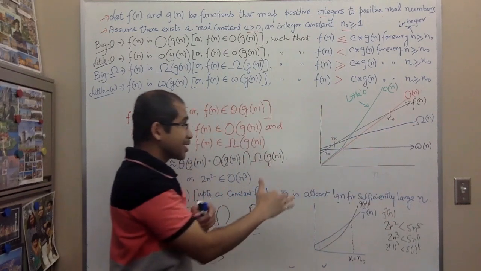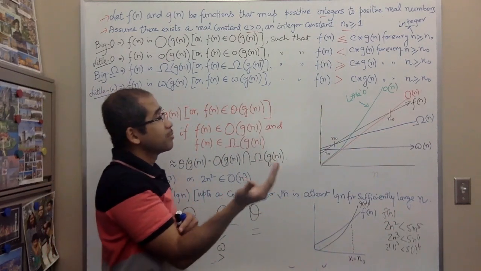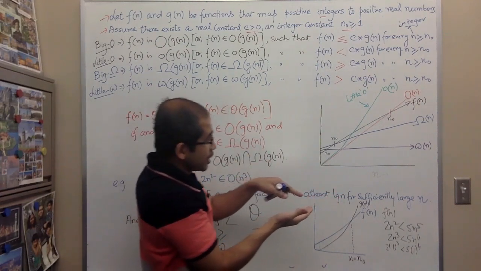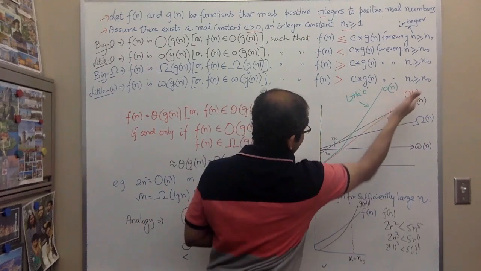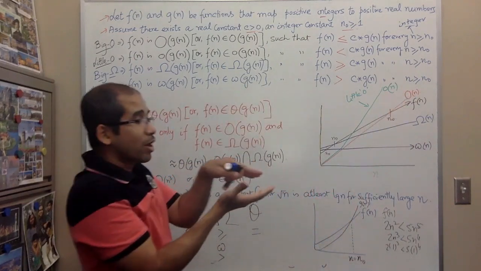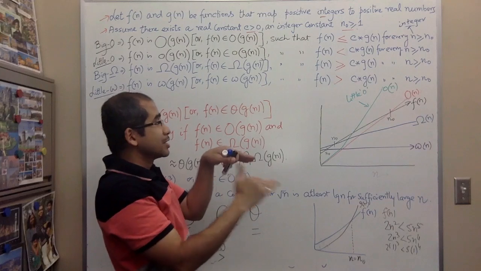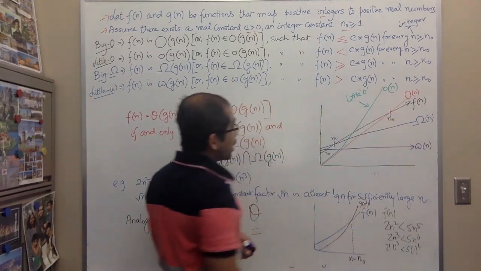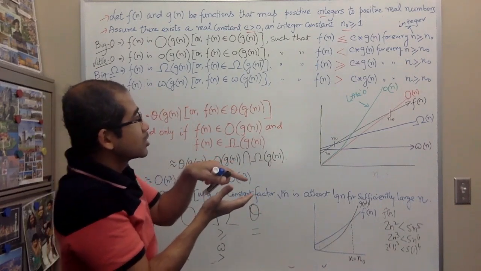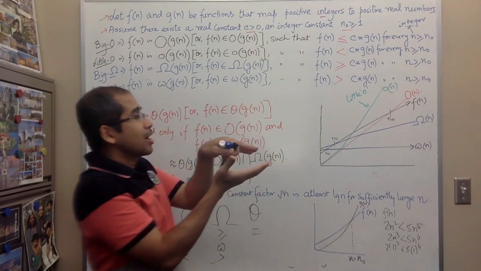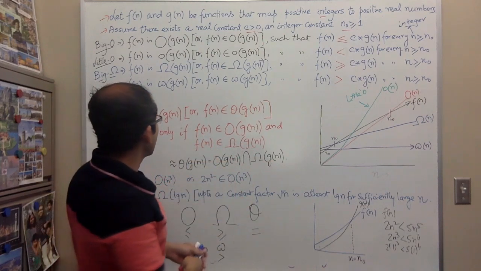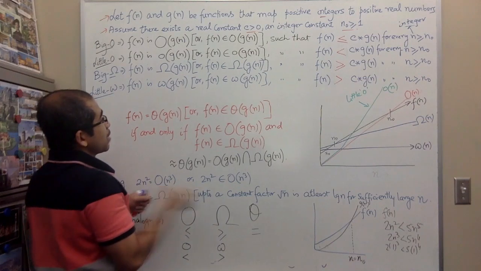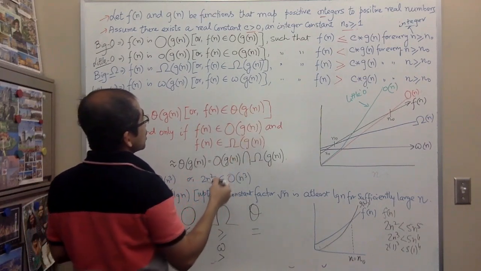Then you take another bread, put some peanut butter or jam on it, and put it over the previous bread. That's serving as the upper bound, big O, and whatever remains in between this layer of peanut butter and jelly is the Fn. So that has to make sure that it has both the upper bound and the lower bound. That's why Fn equals theta of Gn, or Fn belongs to the set of functions of the same growth rate as Gn,